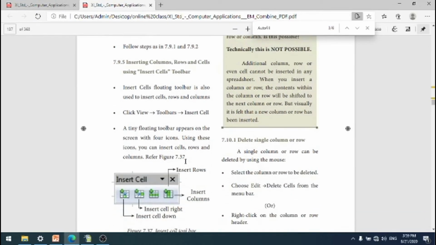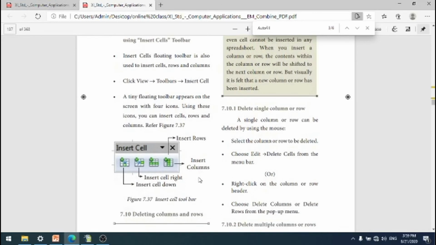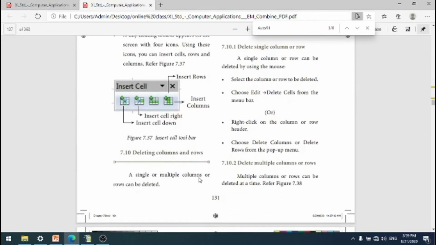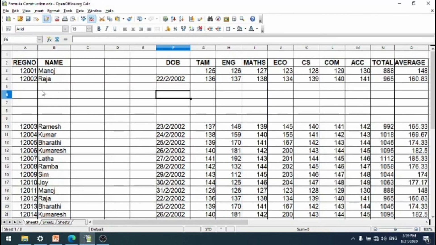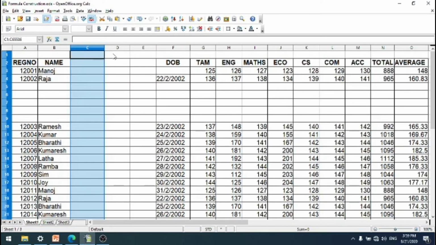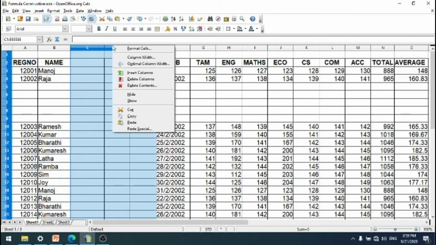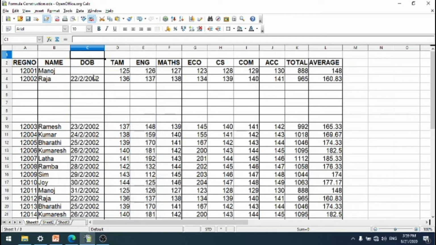Okay, now deleting a single row or column. Now it's also very simple. So if you want to delete these columns, you simply select the columns, then right click the mouse button, then go to delete column. You select the delete column option. Okay, the selected columns have been removed. And then how to remove rows?